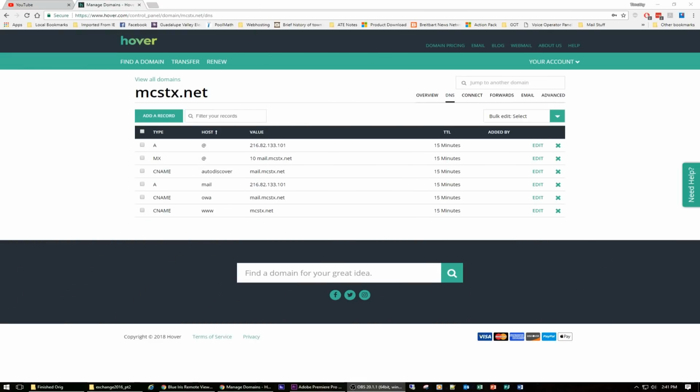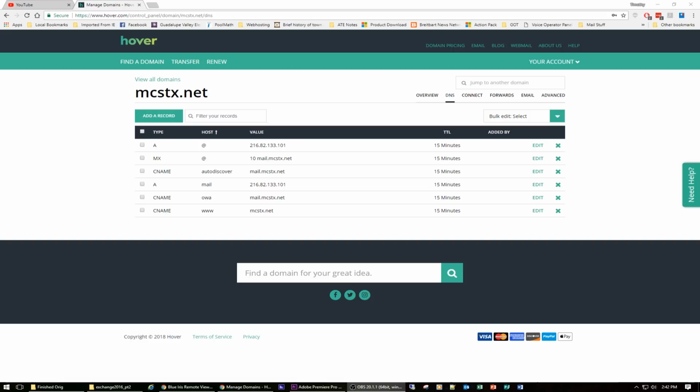Alright, so now the fun part, DNS settings. Now, this is not a DNS tutorial, this is just showing you how I set it up. My domain registrar is hover.com. I use them because they're cheap and they have a very simple interface, very easy to use. The only complaint I have about Hover is they have no way to export these settings. So if you wanted to wipe these out and start over from scratch, I recommend you take some screenshots and